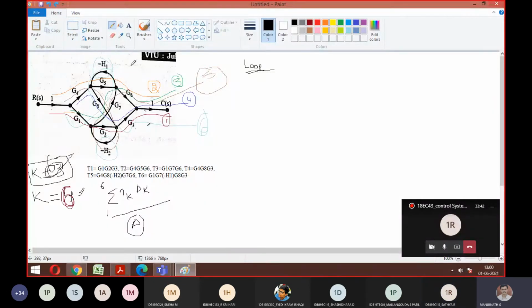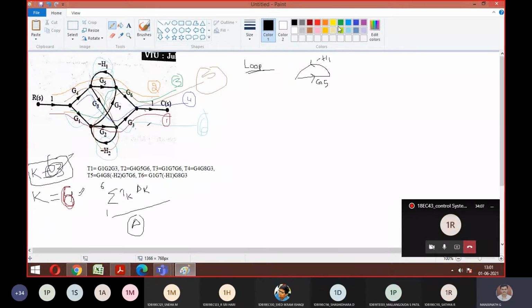Let me trace it, any of these H1, H2 loops. Correct? Yes, sir. If you trace it here, let me show you how it looks. These are the steps to be followed clearly. If you want complete marks for this 10 to 12 mark signal flow question, you need to mention all the loops clearly and write the steps we are following.